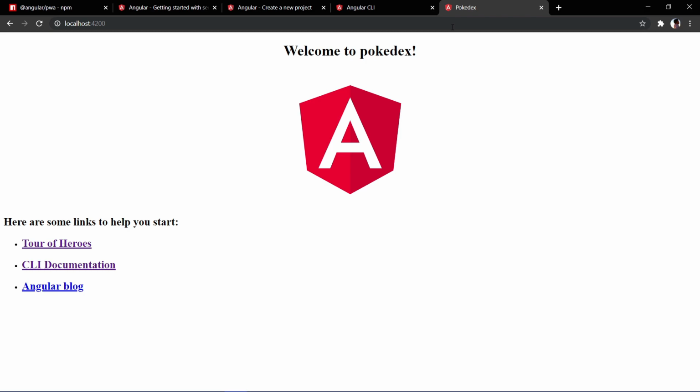So this is just the landing page which has been created by default when you create a new application of Angular. So now let's check out if this application which has been created out of the box has some PWA features or not. So for that we need to build our application first, because this is just a development environment which is running. So we need to actually have the index.html created and need to run this application on a proper web server. So for that we will be first building the application.